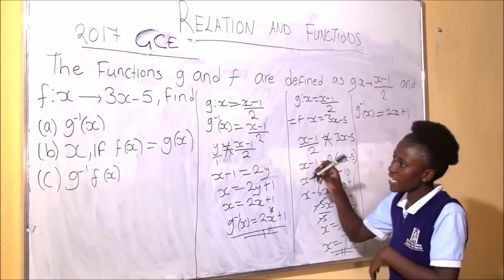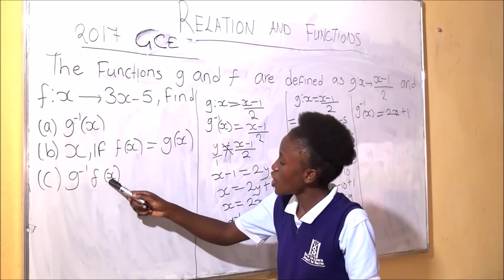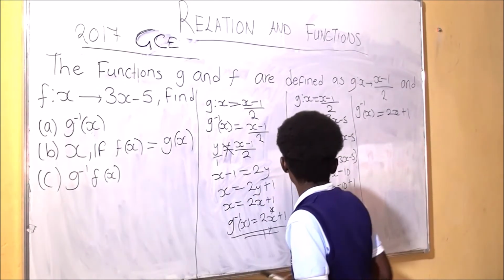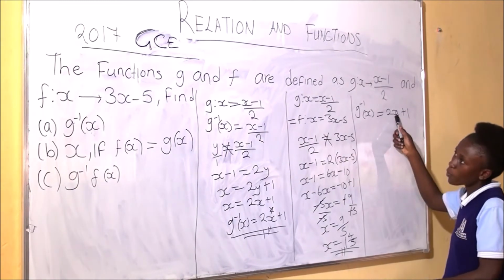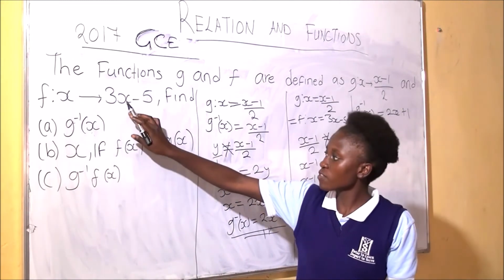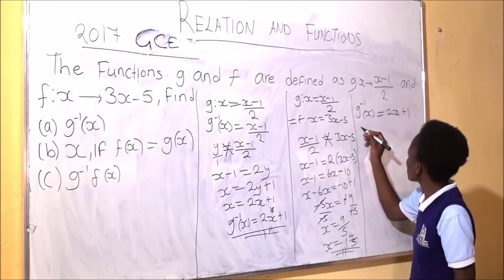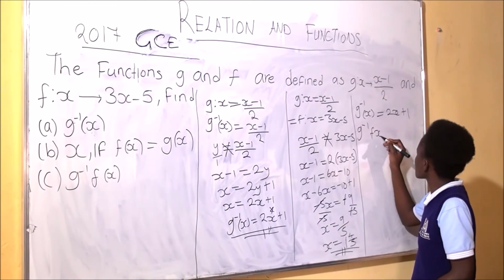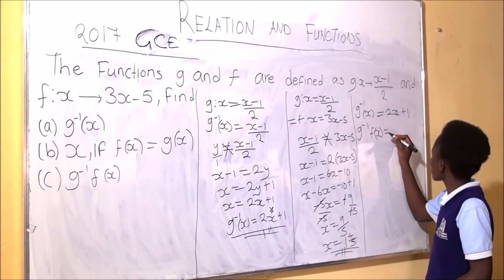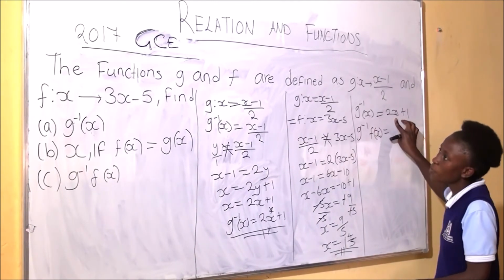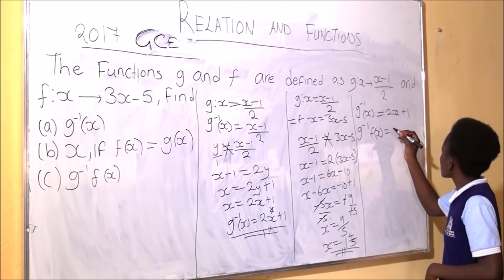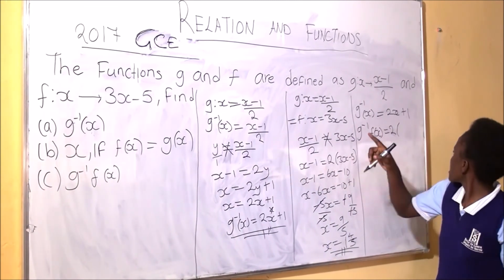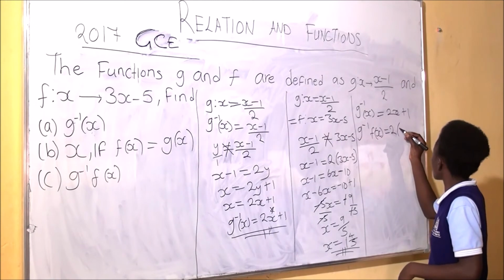Then they've said g inverse of f of x, so meaning f of x should come inside the g inverse of x. So where there is x, we are going to put f of x. So it's going to be g inverse of f of x is equal to, where there is x, we put the value for f of x. So it's going to be 2, open bracket, 3x minus 5,